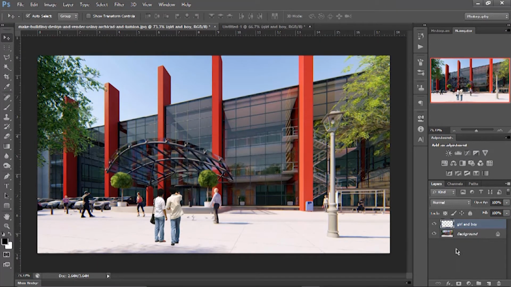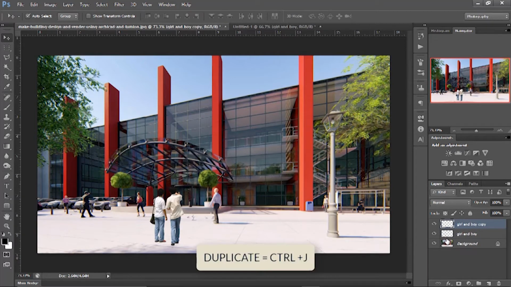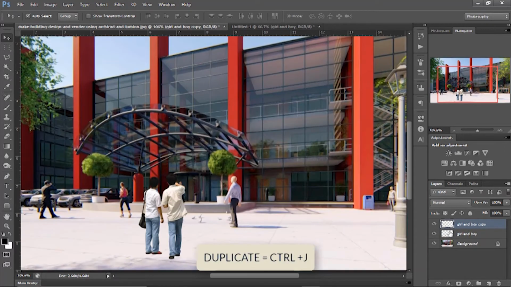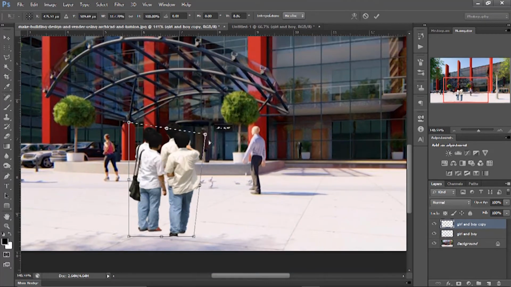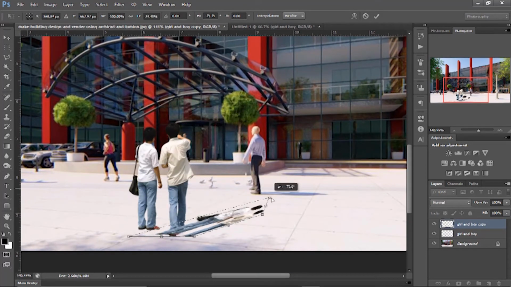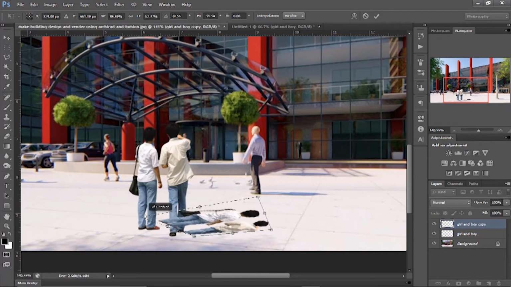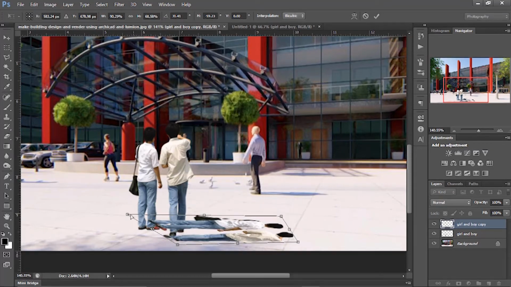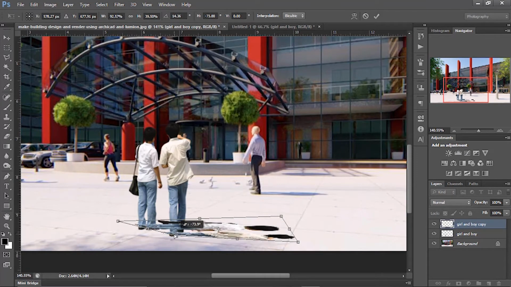For that, make a duplicate of the human layer by pressing Ctrl+J. You can right click on the layer and then click on duplicate. After that, turn on the transform with Ctrl+T, then stretch it down from the corner while pressing the Ctrl button. Here make sure you are creating the shadow with respect to the light, and also keep this stretched layer below